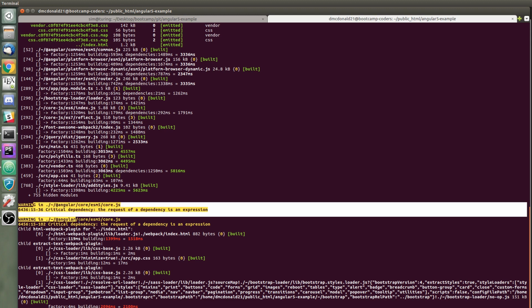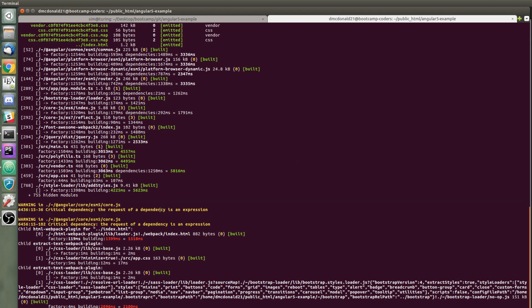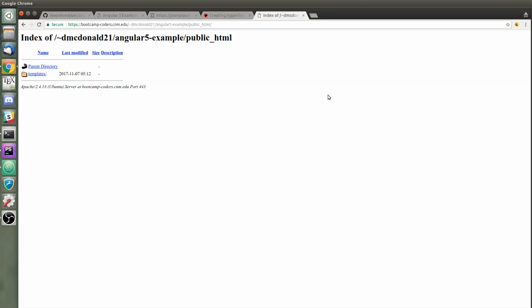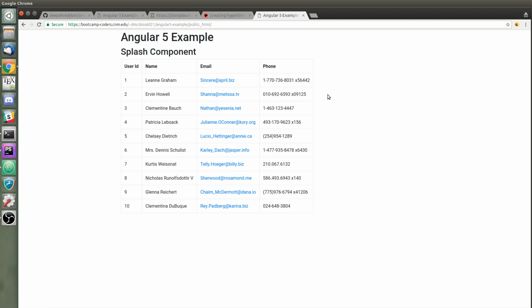Now, we can see right here what it did. And again, this is kind of chatty. There's going to be a lot here. Don't worry about it unless you get a bunch of red errors. I got a few little warnings here, but that's nothing I can do. As you can see, it's not from my code, so I'm not too concerned. And if we reload,